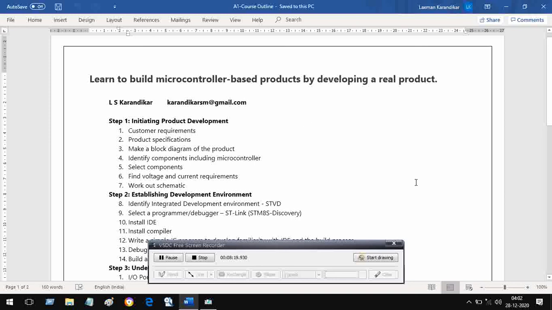So thank you, friends. I hope you enjoyed the series, and the next time I will come with a more elaborate product, a product which is more complex, so that you can see the other functionality of the microcontroller. That is one, and second, you will also be able to learn more aspects of the C language.